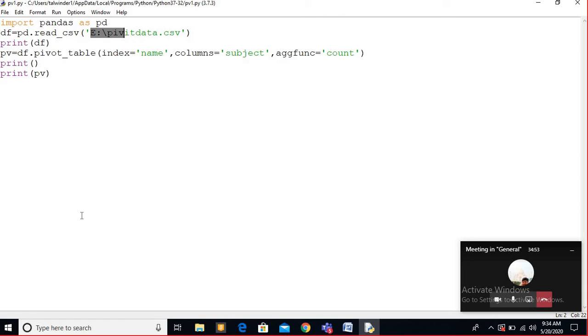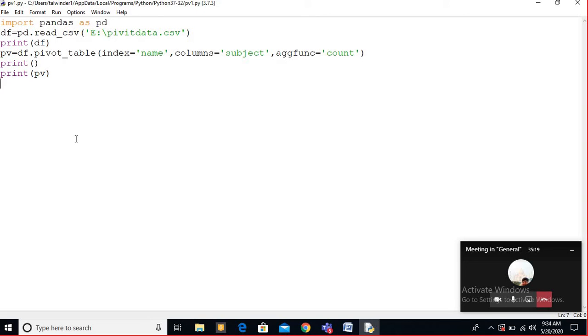But I told you that in IP the question never comes lengthy. It never puts you a lengthy question. It will ask you on the basis of a table, on the basis of a simple line of code. Suppose a data frame is given to you, then they will first ask you to create the data frame. If they want the sum of a particular column, then you remember which function is used to calculate the sum.